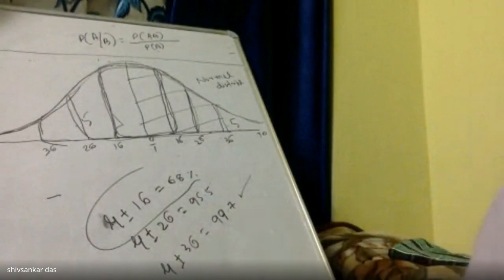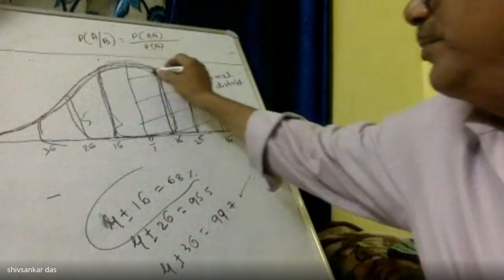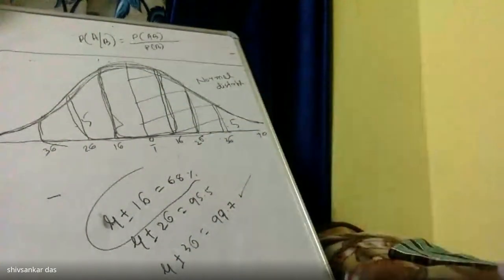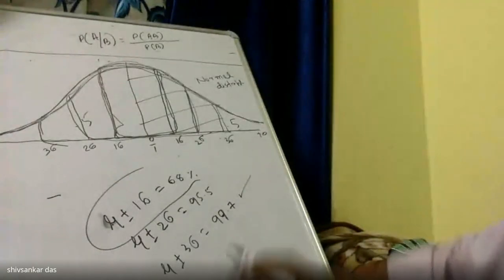The duration of a project. Duration of a project is being completed, and the time for the completion of the project follows a normal distribution, a normal curve, where the mean number of days of completion is